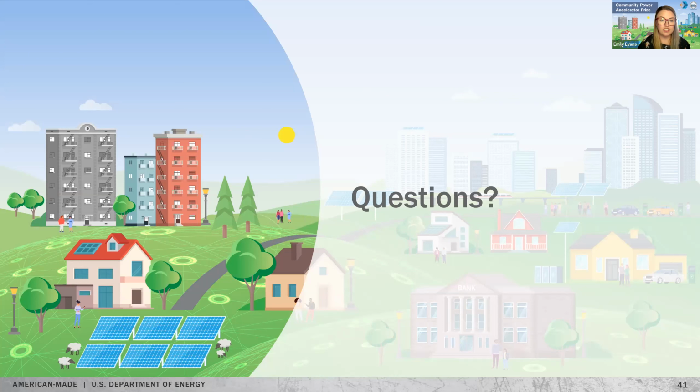All right, another question. I am with a local government that is interested in partnering with an organization that wins phase 1. Is there a way to get connected with those phase 1 winners? And phase 1 is happening right now. So we don't have winners, and we won't have winners until at least early to mid-April.